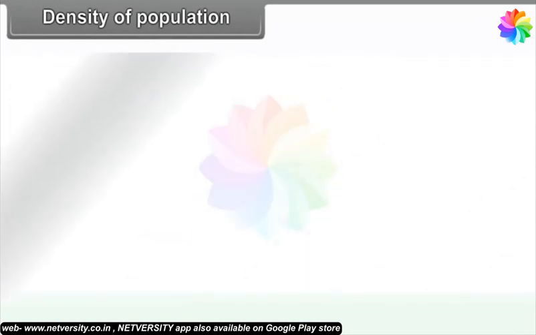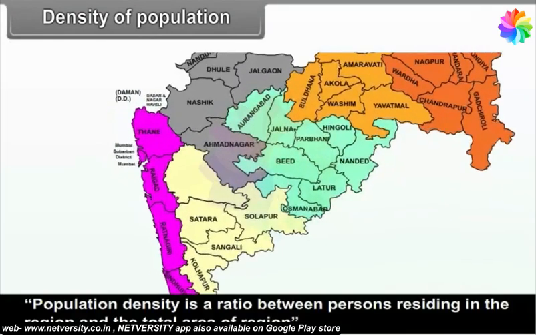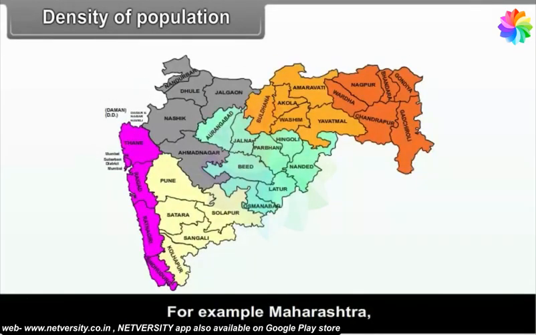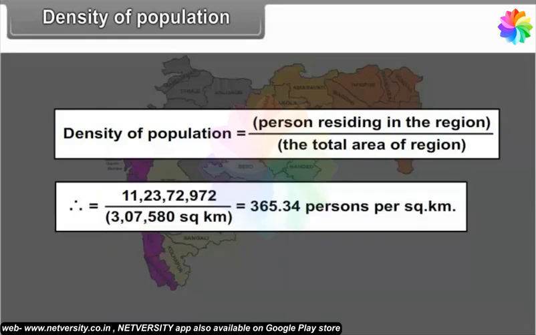7.1.1 Density of population. Population density is a ratio between persons residing in the region and the total area of the region. For example, Maharashtra. Density of population is equal to persons residing in the region upon the total area of region. Therefore,